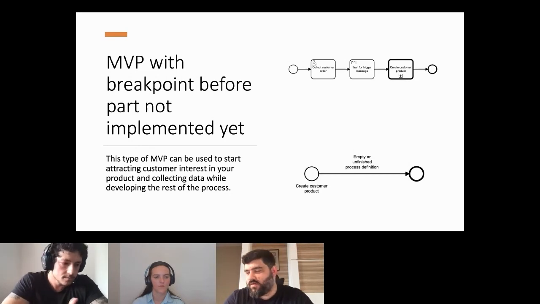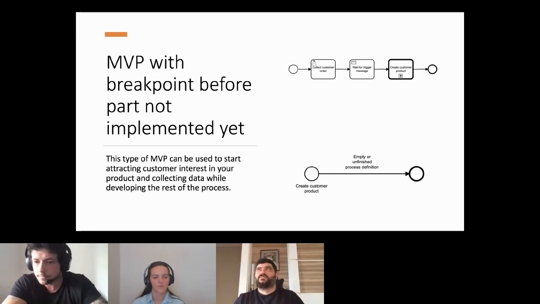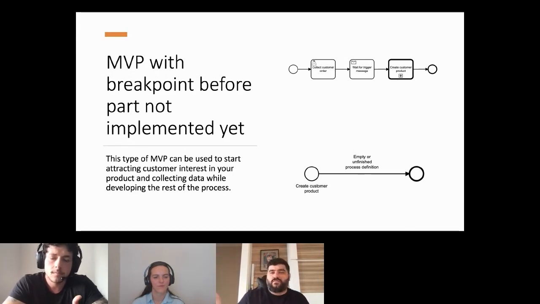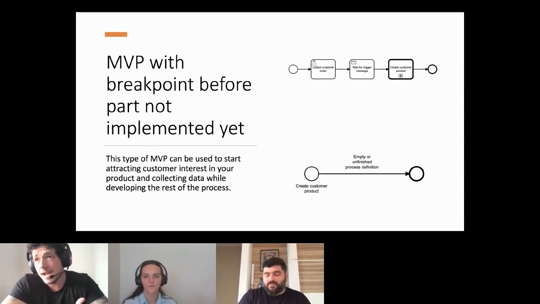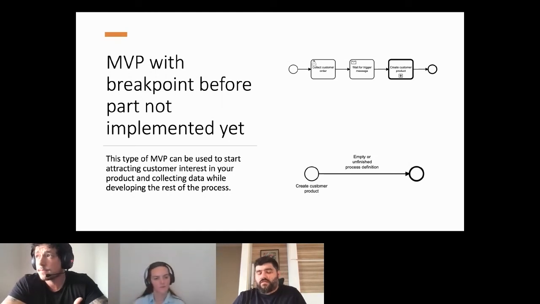That's how you fail fast. If you see that this is not working, you remove it or change it as soon as possible, instead of doing 6 months of development to understand that this is not the way. So that's also a good value added here.